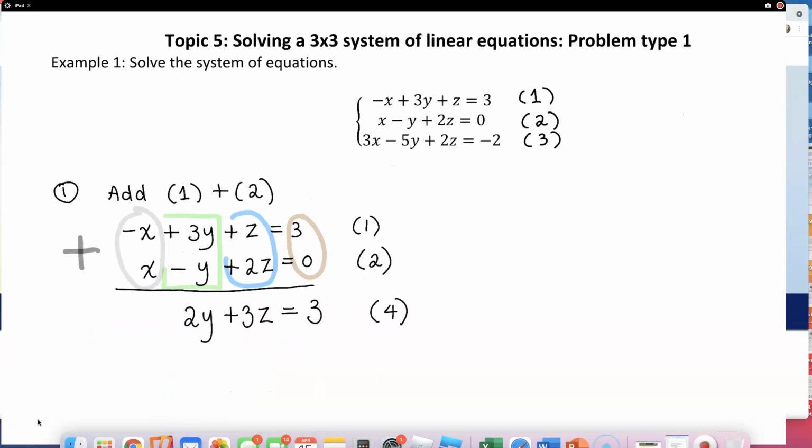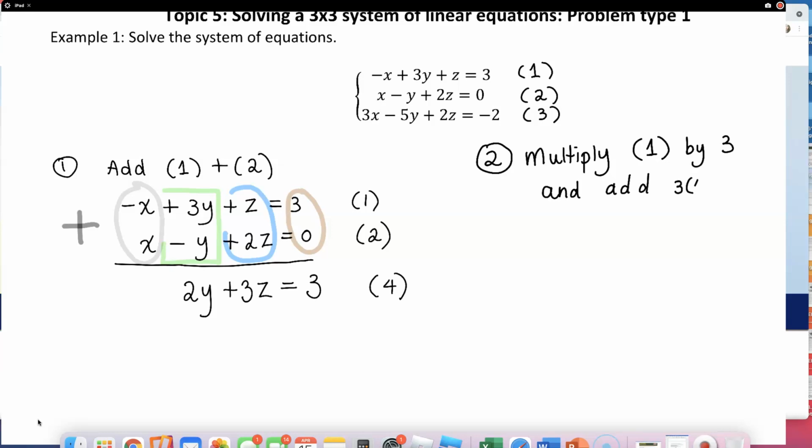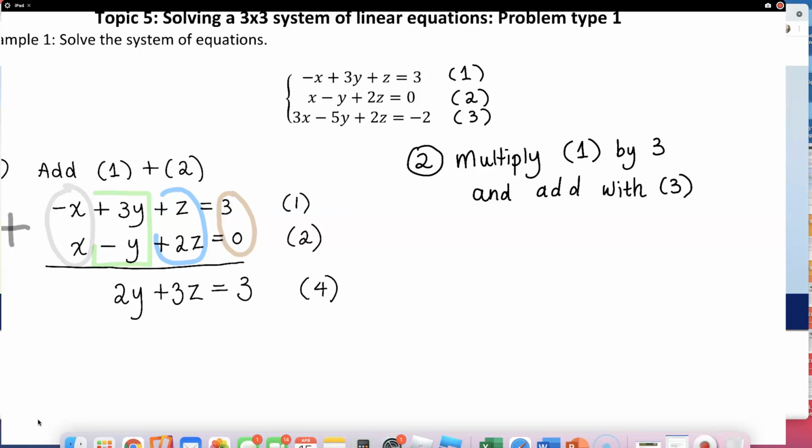Plan number 2, step number 2, is for me to, I'll go ahead and write it over here, okay? Multiply equation number 1 by 3 and add this equation number, that looks like add with equation number 3. So that is what I'm going to do, okay? So that's my plan. So let's go ahead and multiply 3